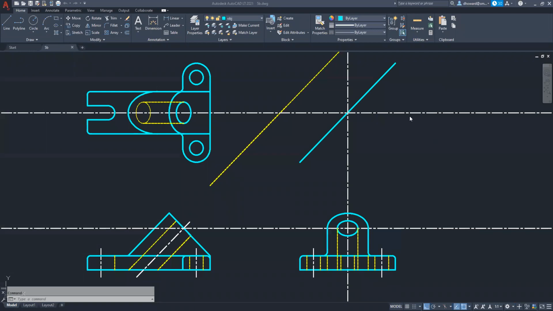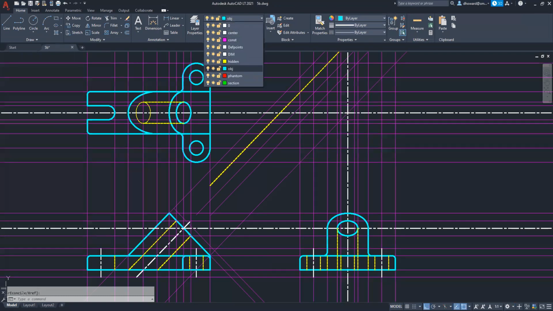What we got left to do here is create the auxiliary view, which is going to go right about here, kind of in the middle of these guys. So I'm going to remove that transfer line, get that out of the way, put my construction lines back on, and